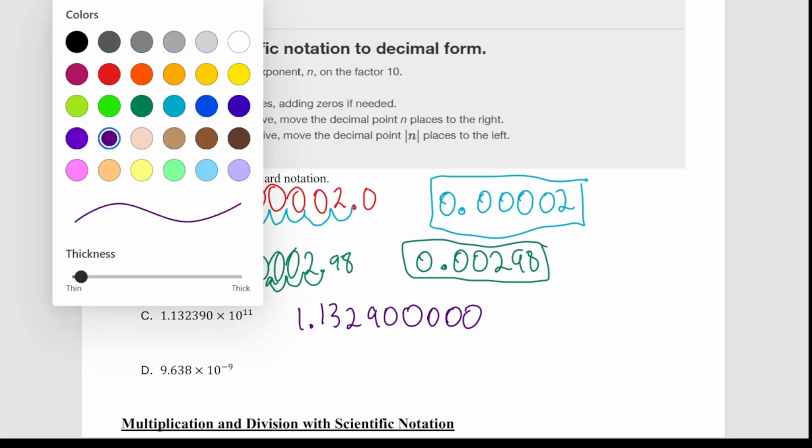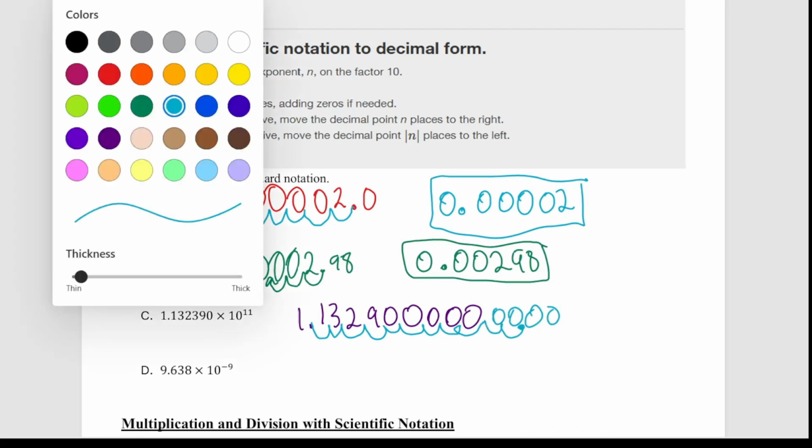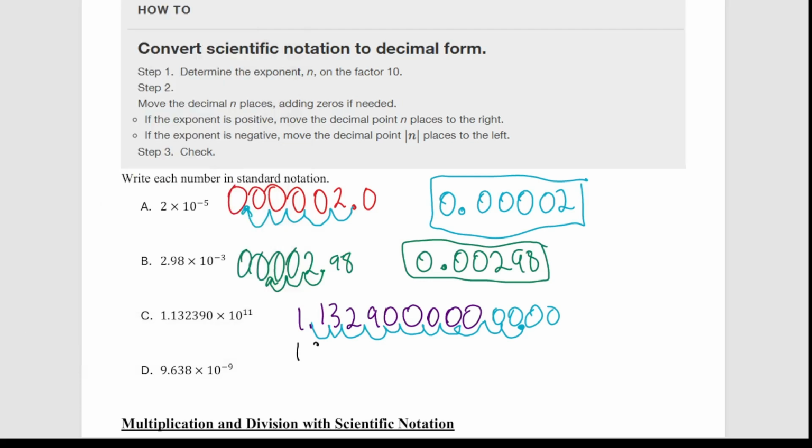Now it's getting bigger, so we're going to end up moving the decimal point to the right. So 1, 2, 3, 4, 5, 6, 7, 8, 9, 10, 11 for the final location of the decimal place. So we're going to end up with, we've got a 1, 1, 3, 2, 9, 1, 2, 3, 4, 5, 6, 7 zeros. Let's see. So it looks like here that this would be